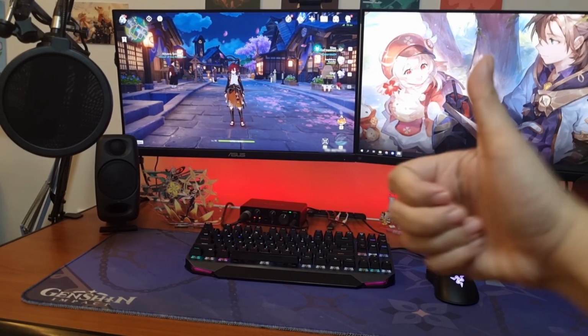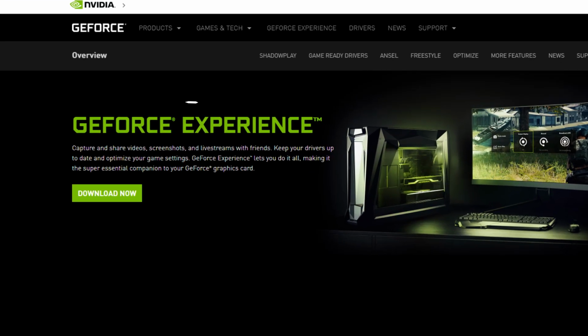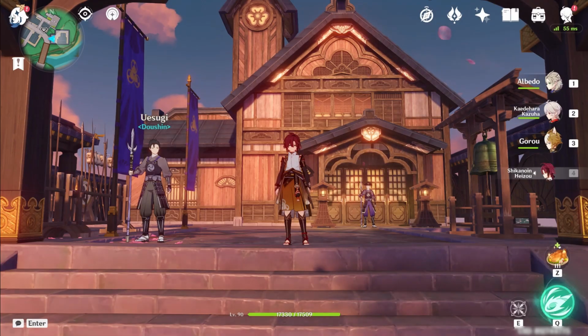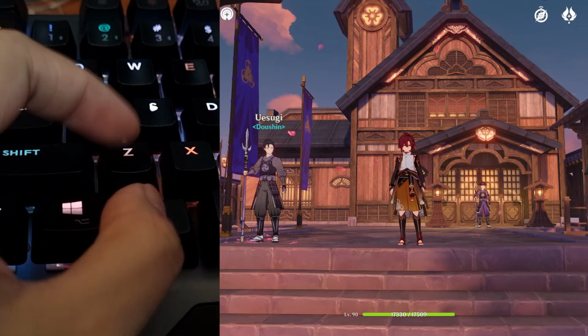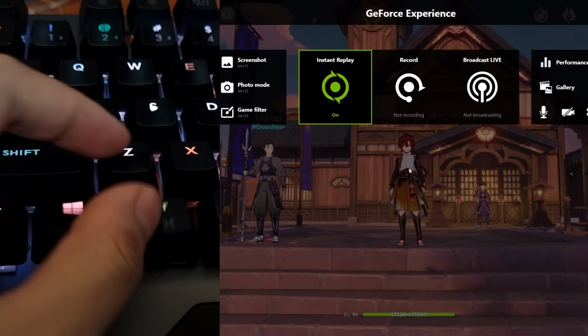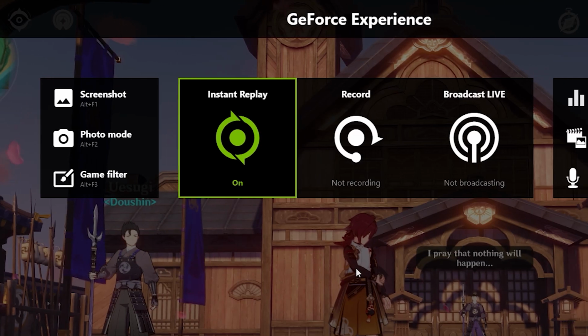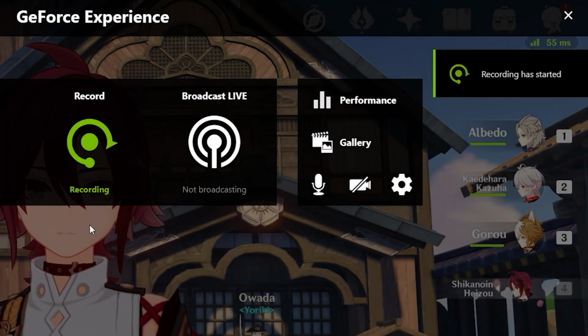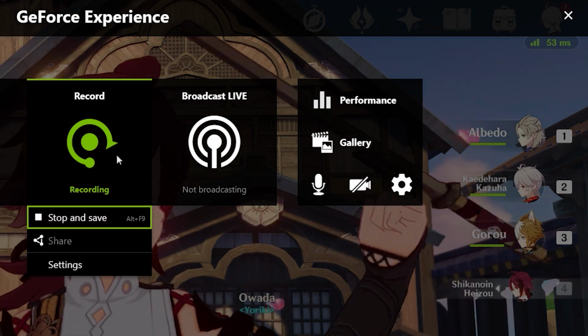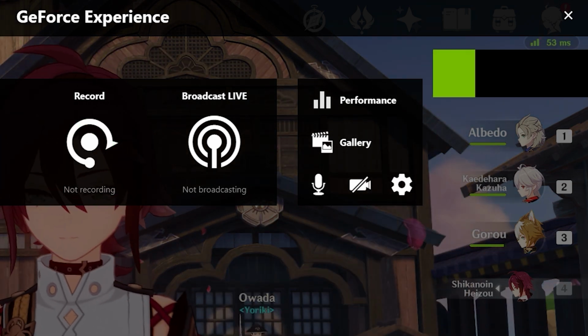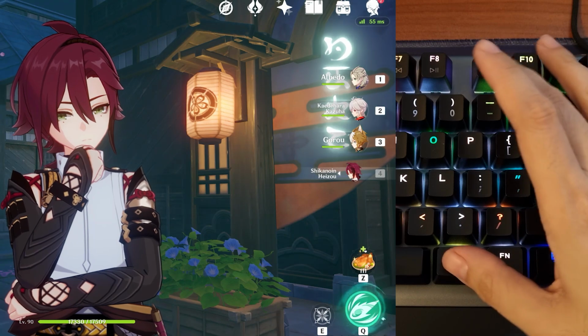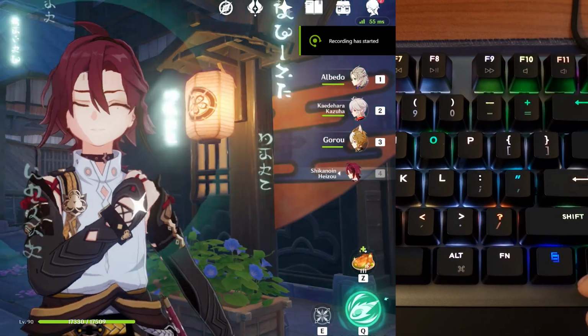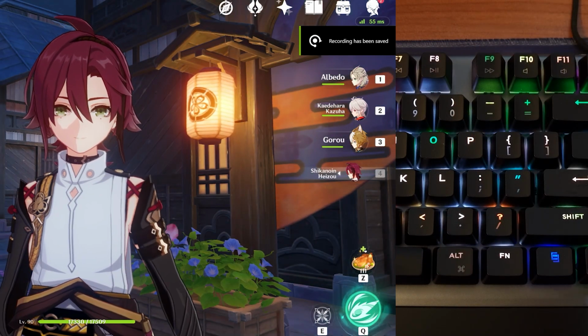I usually record on my PC using a software called GeForce Experience. You can access it by using the keyboard shortcut Alt-Z to open or close the GeForce Experience overlay. Here, you can see different options. Clicking Start under the record button starts recording whatever happens on screen. To end the recording, just click Stop and Save. You can also use the shortcut Alt F9 to start or stop recording without having to open the GeForce Experience